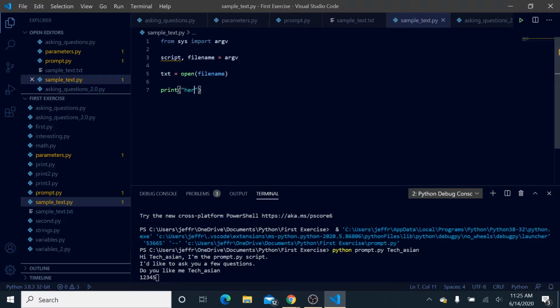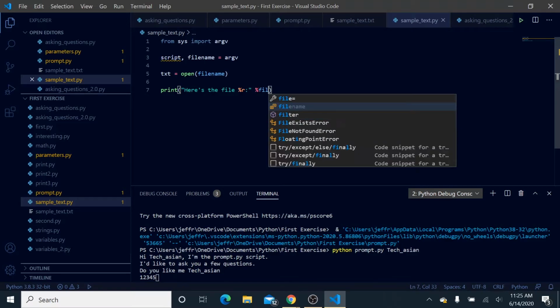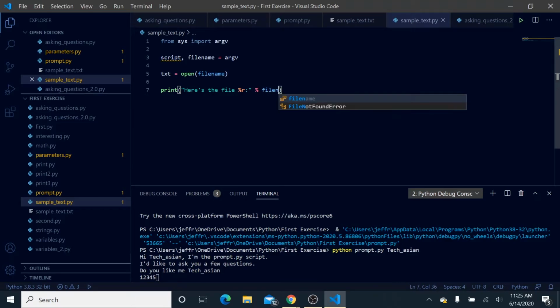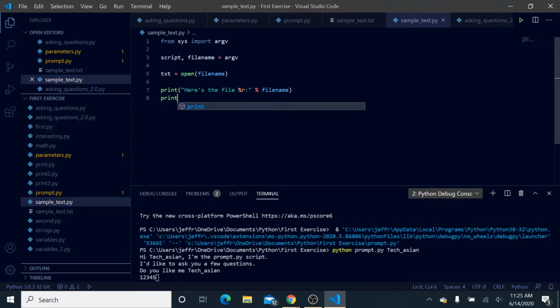Let me get this. Here's the file %r, and then we're gonna get the file name. So this is where the script also comes in, because it's gonna give you the file name, and then it's gonna be print